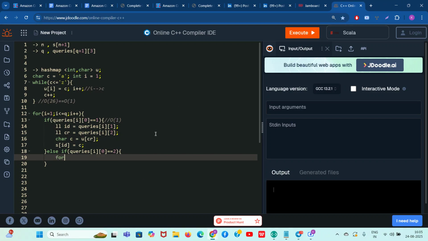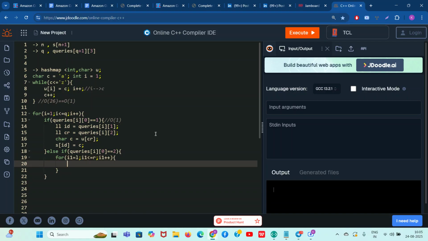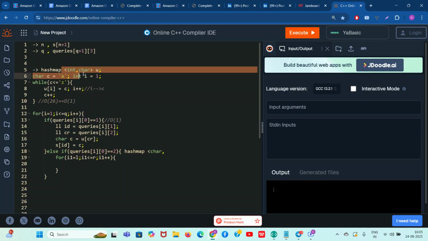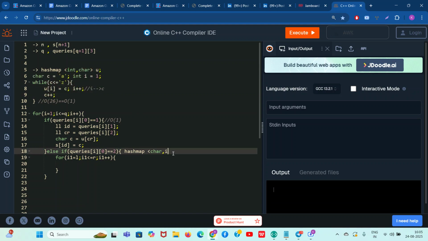Let me write it here. I1 equal to L, I1 less than equal to R, I1 plus plus. So like these characters you need to store in your hash map, right? So I will just create a new hash map here. Hash map char. This time it's reverse, huh? Earlier the hash map for the query one which you pre-computed was hash map int char. Now I need hash map char int. Okay, and I write it as k. Okay,